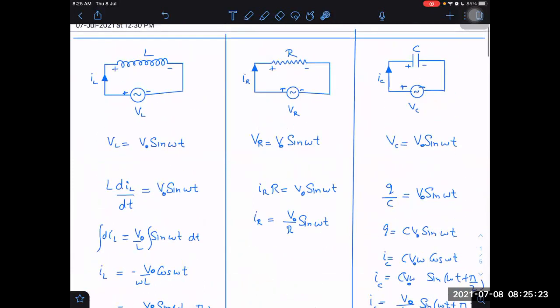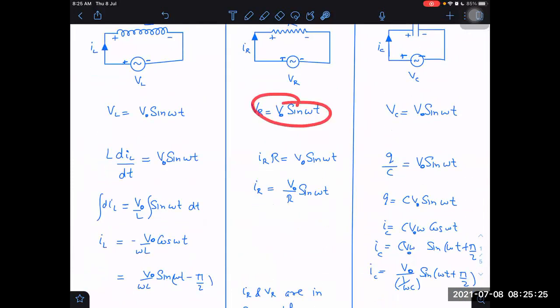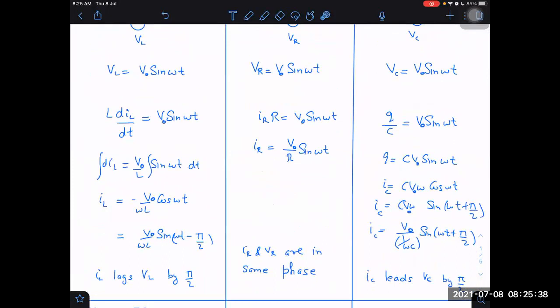And for R, I don't have to differentiate. For this, it is straightforward. Differentiate, what are you differentiating? No, sir. By differentiating IL, the angle changes by 90 degrees, phase change. Yes, by differentiating it is 90 degrees plus, and by integrating it is 90 degrees minus. Yes, this we can remember. Here we are integrating. So with respect to the old value of phase, it is now minus 90 degrees. And by differentiating, here we are differentiating, I think.